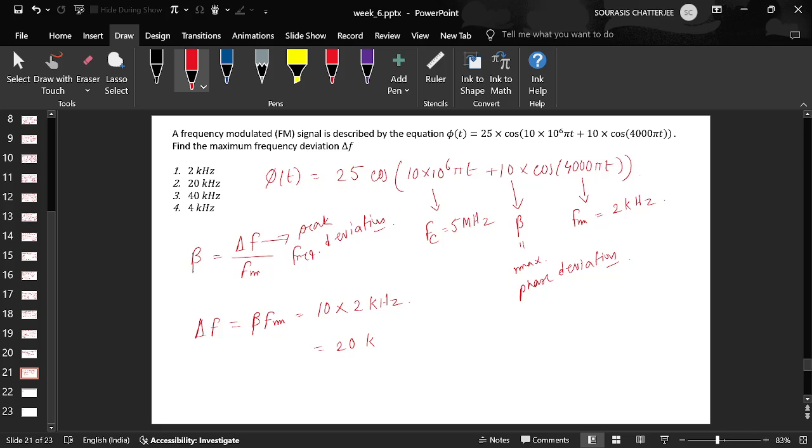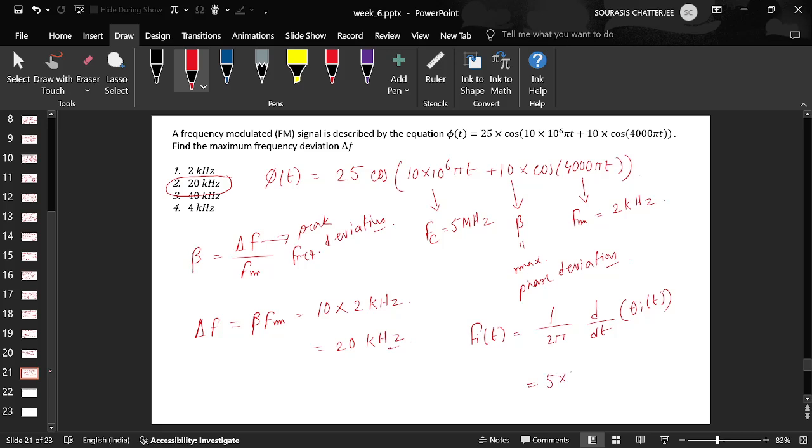So 20 kilohertz is going to be your answer here. So the maximum frequency deviation is going to be 20 kilohertz. You can go the other way, like taking the gradient. You can compute the instantaneous frequency by taking the derivative of this instantaneous phase, where we will obtain the following,